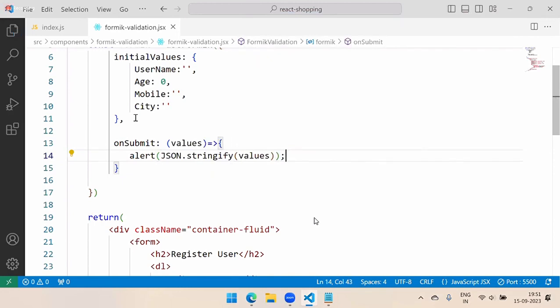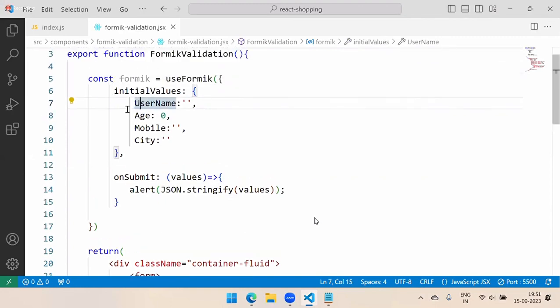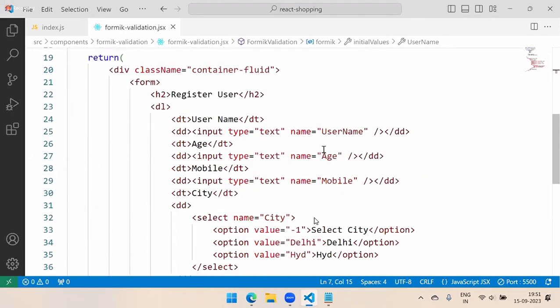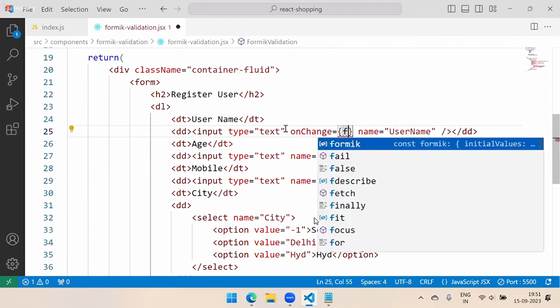This is where we are going to implement post to server APIs and all. Next level we will do. Okay, form is ready. It is designed with the elements. Now, how to bind this Formik value to the form elements? For that, we have to use on change. On change, Formik